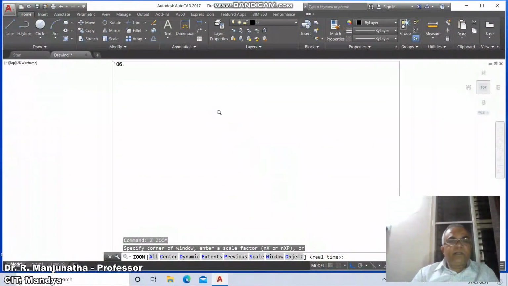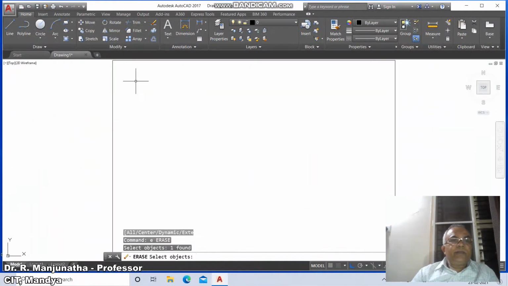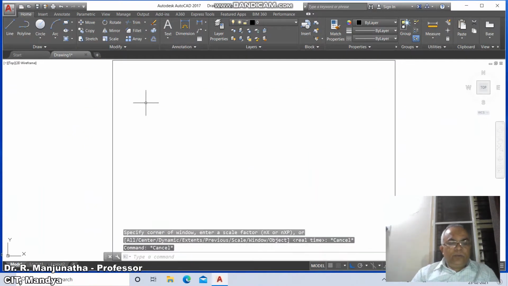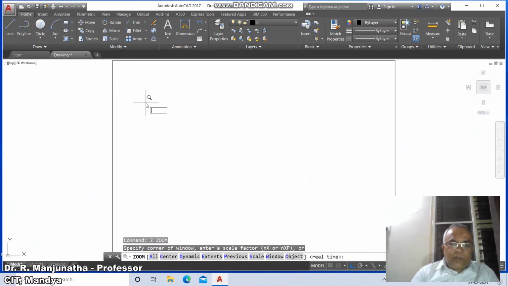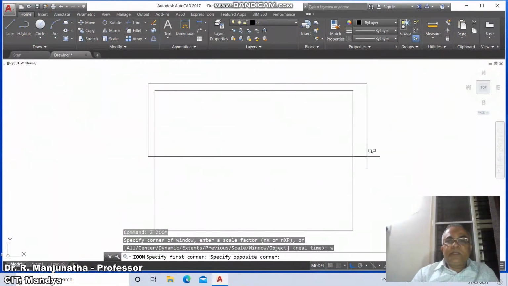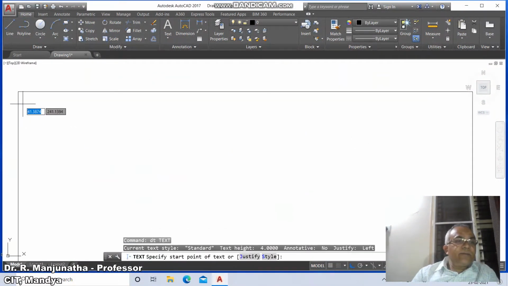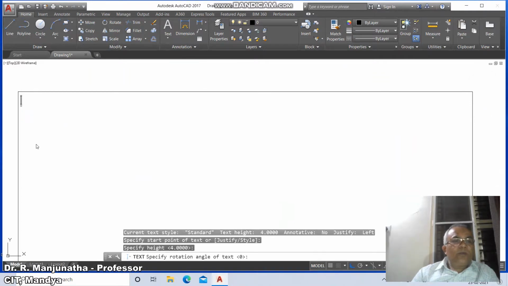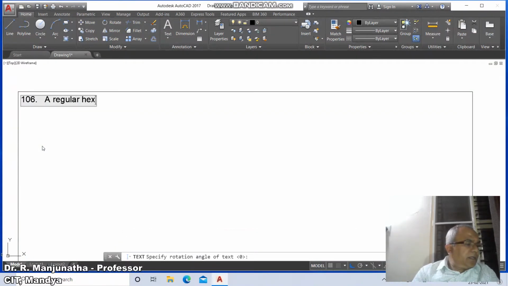Zoom extents, so erase. Then go to zoom 0.7x, then go to zoom window and select this, and go to D-text, take 106 as the problem number, and here a regular hexagonal lamina